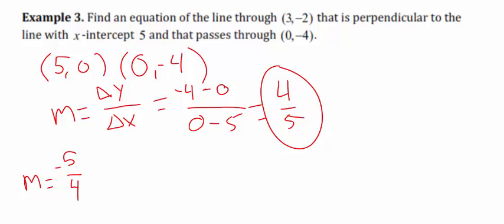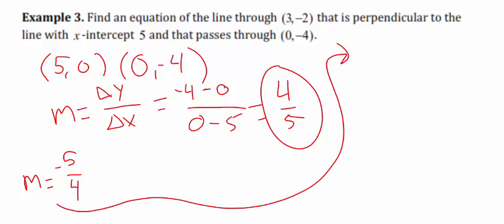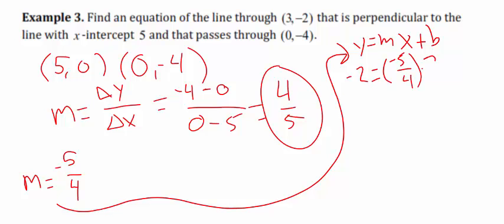So now we do the same thing we did in the last problem. We're going to plug all this in. We're going to go y equals mx plus b. We plug all this in. Negative 2 is y, our m is negative 5/4, and our x is a 3 plus b. So now we can go through and work this thing out. It'll give us negative 2 equals negative